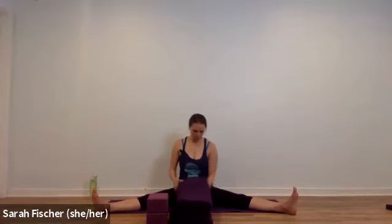So you're going to take both legs out wide. If you need to, you can sit up on a block, or you can take one of the towels away and sit up on the towel or blanket. So you support your lower back, of course. Then take your big blanket stack, bring it right in between the legs, sticking straight out forward of you. You may also bring your blocks and put them up here, but we're just going to lay the torso out along the blankets. So bring your hands in front of you, take a deep breath, and then just walk yourself